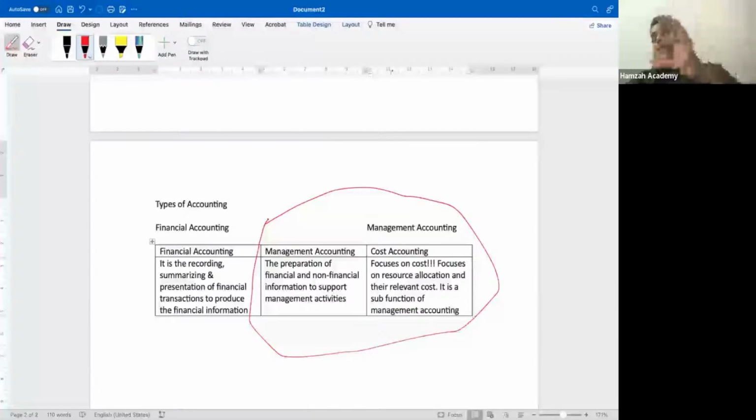right? In financial accounting, we simply report in our financial statements what the profit or loss for the period is. What are the total sales for the year? What is the total cost? Or what has been the profit for the year, right? Done. This is the standard summarized information that we have in financial accounting. But when it comes to management accounting, our line manager may ask us to prepare a report for, like,